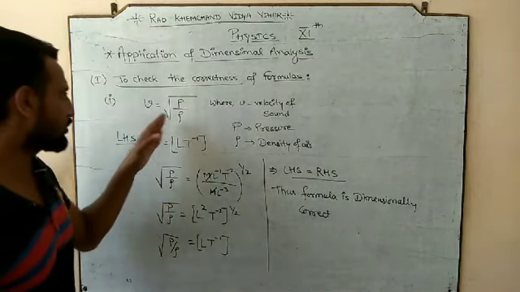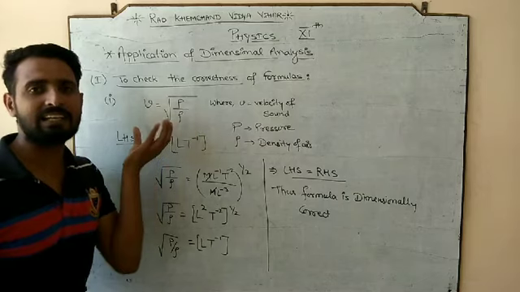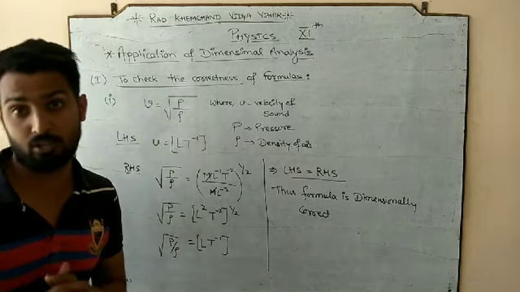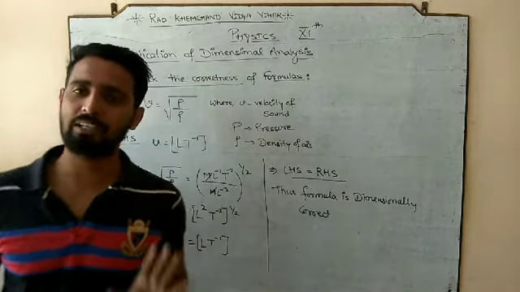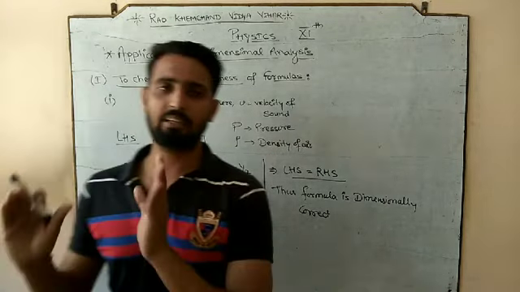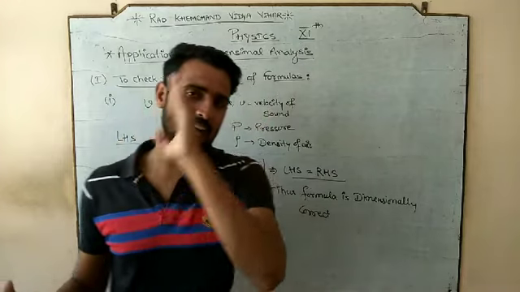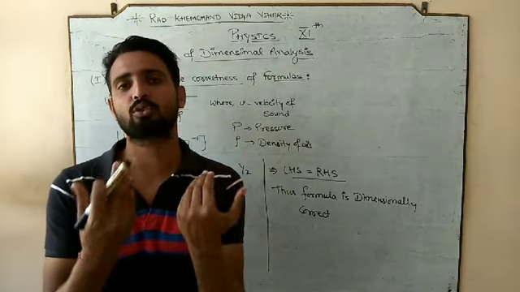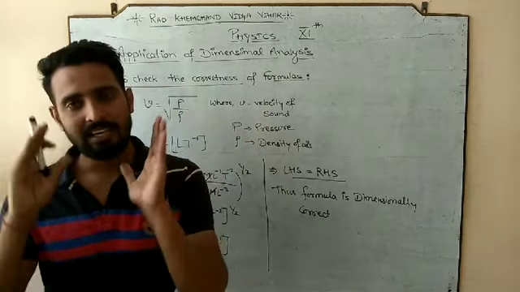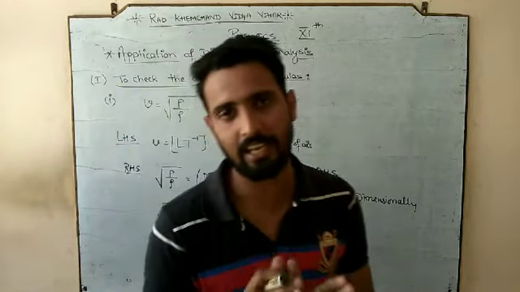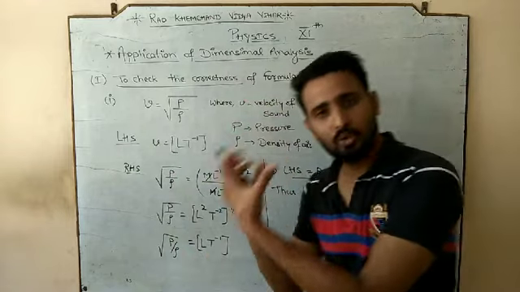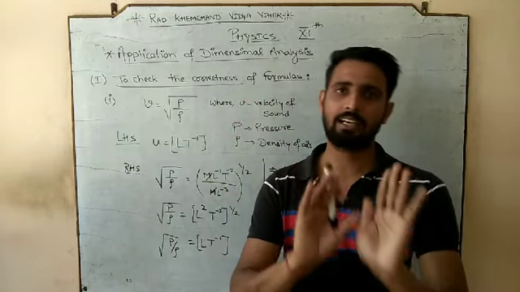But this does not show whether this formula is practically applicable or not. अभी नहीं मालूम. But it only shows that this formula is dimensionally correct. Means whatever be the unit on the left hand side, the right hand side would also show the same unit. It means in terms of the system of units, we can say the formula is correct. Means unit के हिसाब से formula correct है.